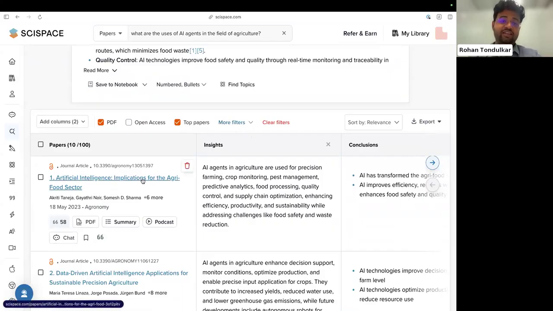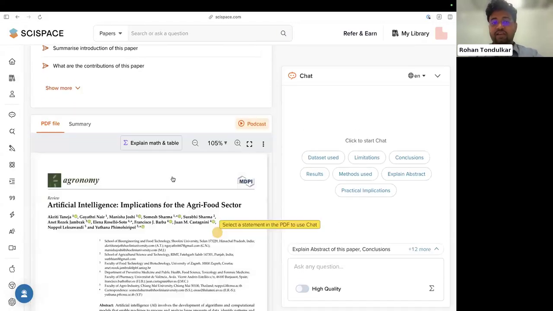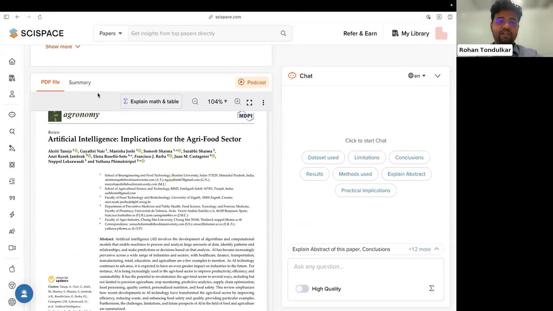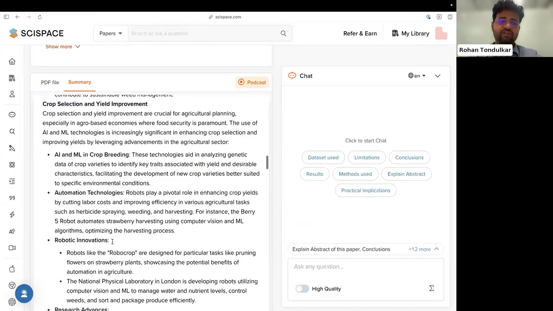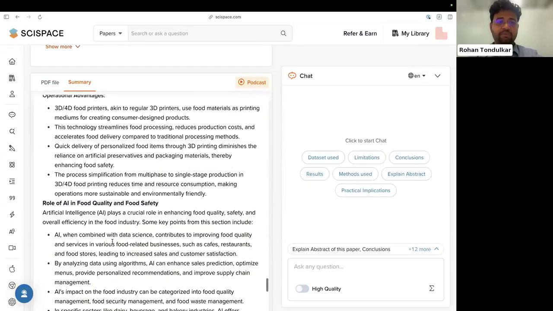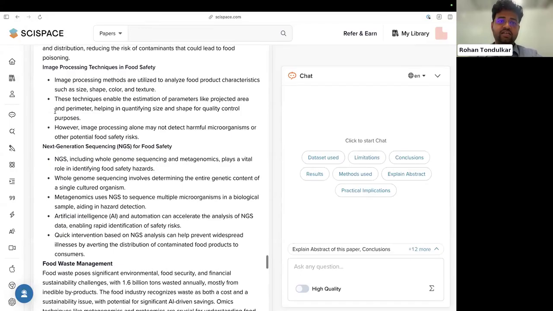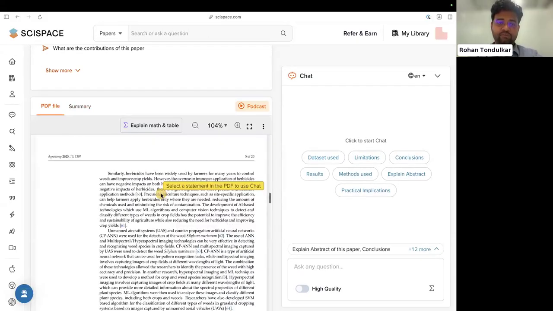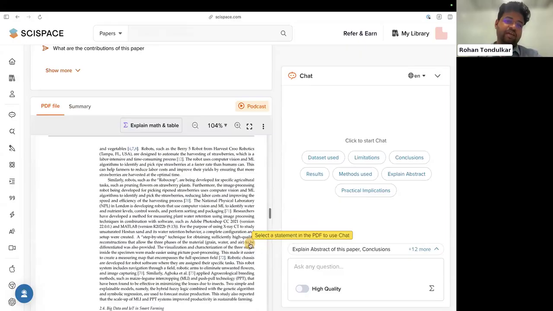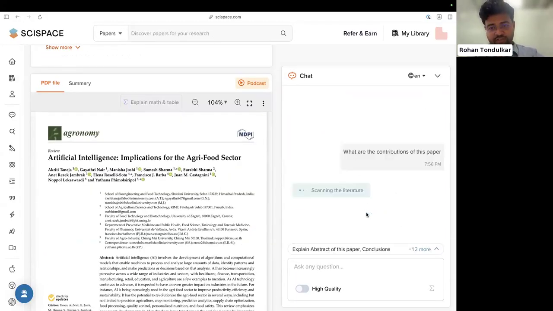So I would suggest, let's say you click on this paper, it will open the paper with the PDF on the left side. The advantage if SciSpace has the PDF, and that is why you should use the PDF filter, is you can directly get a section-wise summary, but it's a shorter read than the paper. I believe this paper is also quite big. So this is like a 10-minute read compared to the PDF being very big, right? It's a 20-page PDF. You can read the summary and you can ask any question, right? Okay, what are the contributions of this paper, for example?